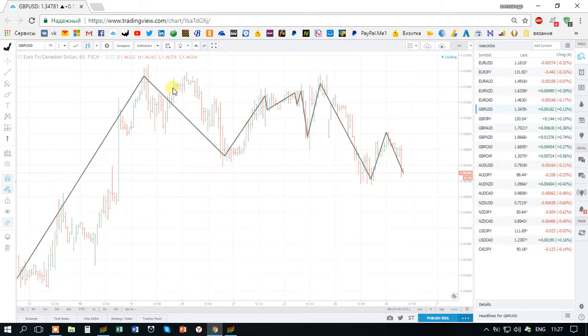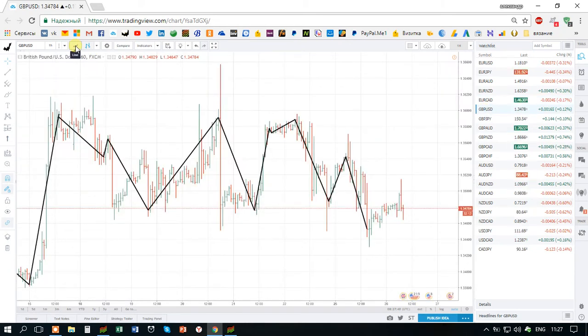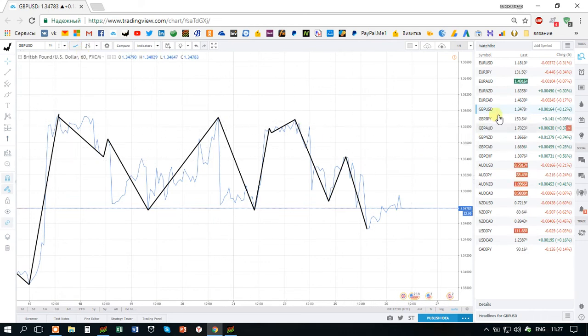The pattern is definitely invalid because I trade advanced formation, but it will be valid if you trade the bad